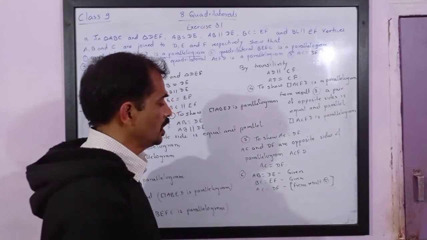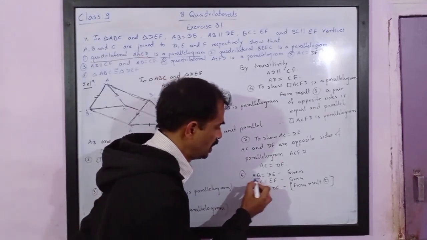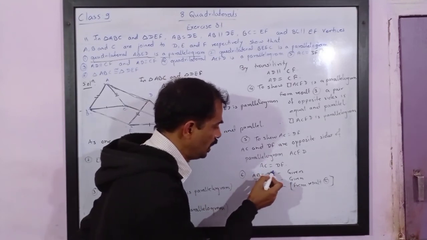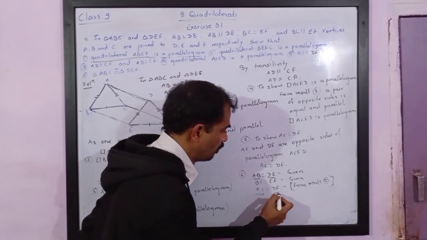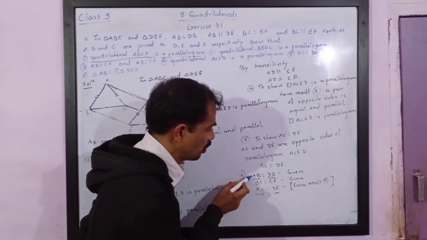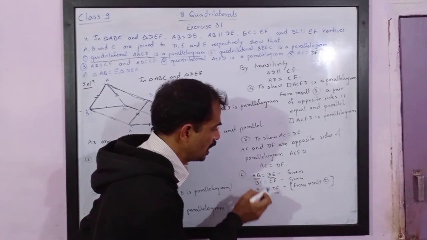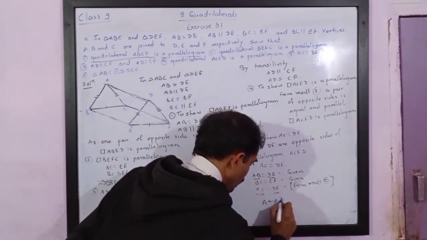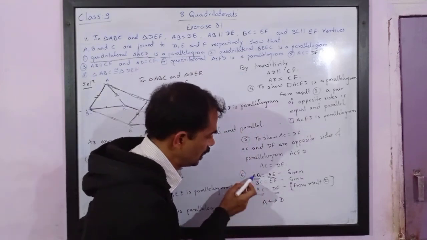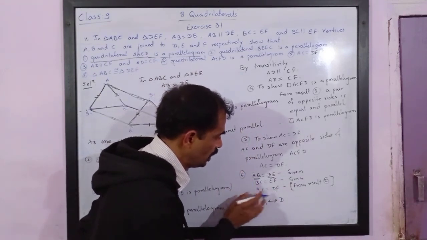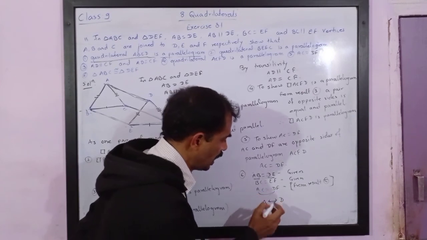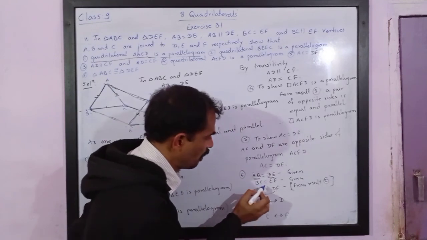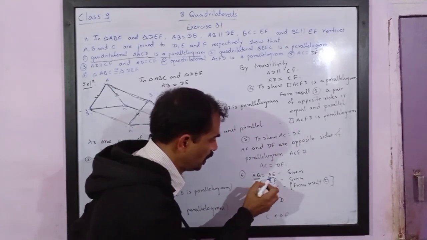Let us check. Now see, in this AB is there, in this DE is there. It means A will correspond to either D or E. In this A is there, DF is there. Please note, here A is common and D is common. It means A corresponds to D. If A corresponds to D, remaining vertices are C and F. C corresponds to F. Now see, we have already said C corresponds to F. It means B corresponds to E.